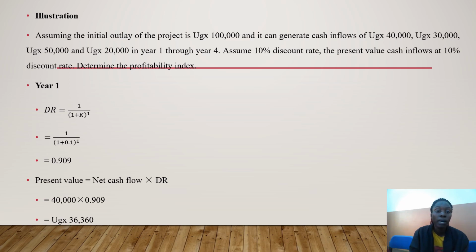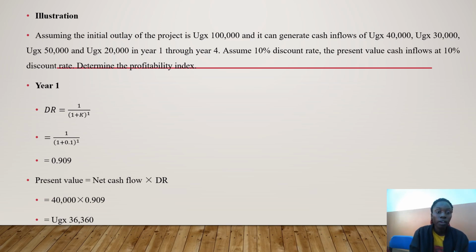We have 1 over 1 plus k, where k stands for the discount rate for that particular period, then to the power 1, meaning year 1. This is time t, which is year 1. Therefore, we have 1 divided by 1 plus 0.1 to the power 1, giving us